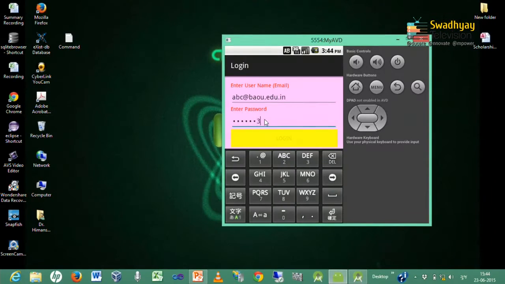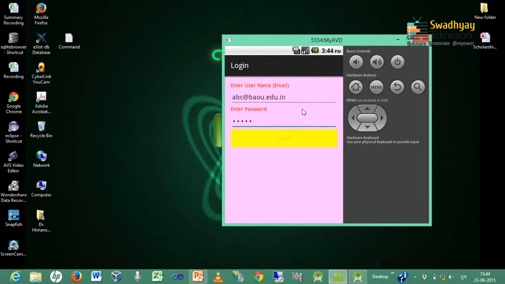and remember this is not generated for the software keyboard. So, once you enter the username and password correctly, this login button is enabled. If it is wrong, then you can see the login button is disabled, but once you enter all the data correctly, the login button will automatically be enabled, and on clicking this login button, it will send the username to the welcome activity, which displays a welcome message for that user.